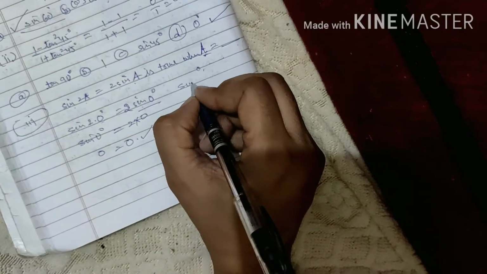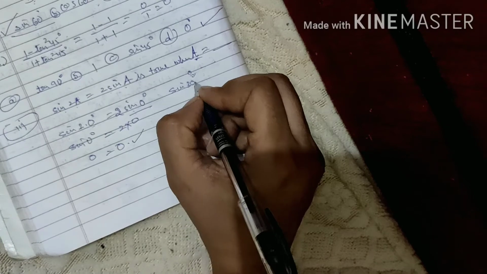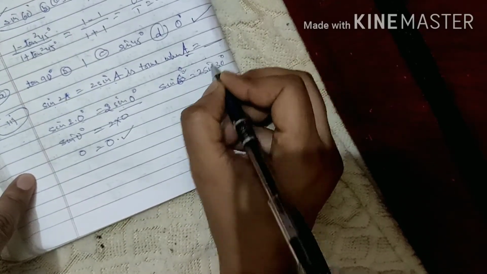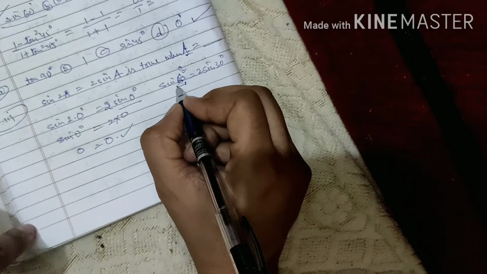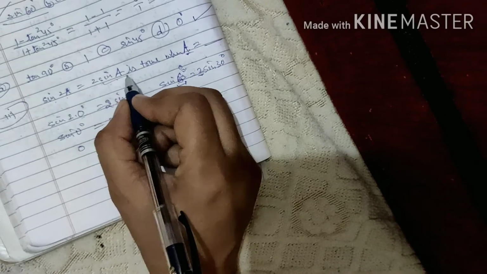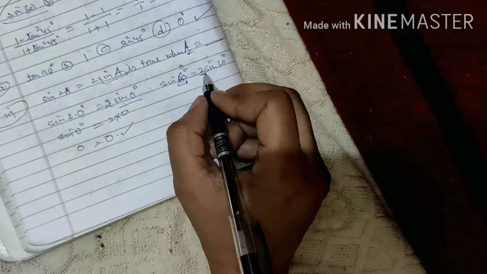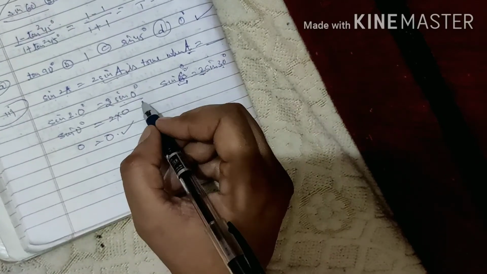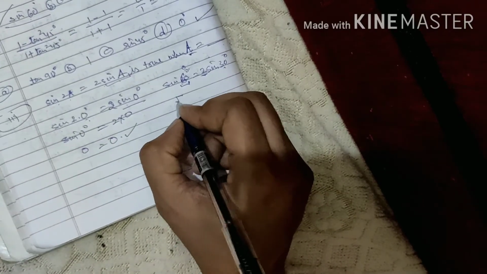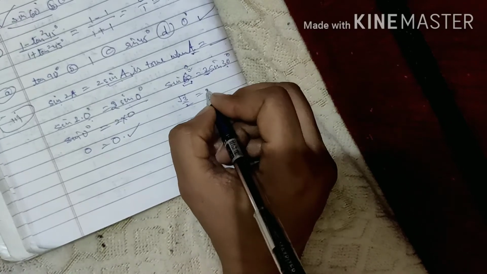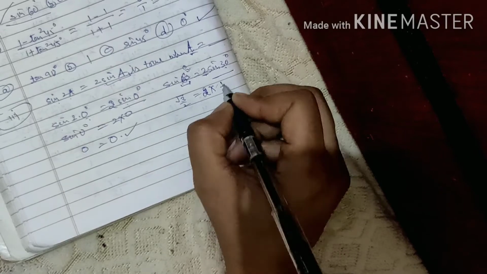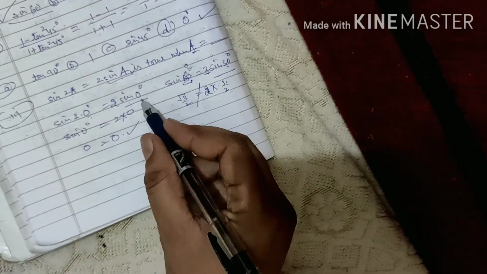Let us check 30 degree पे. 2 into 30 degree हो गया 60 degree is equal to 2 into sin 30 degree. Here 2 is multiplied to the angle and here 2 is multiplied to sine of angle. ठीक है ना? So these are different things. So it will hold only when the angle is 0. So sin 60 की वैल्यू तो under 3 by 2 होती है and 2 into sin 30 value is different, है ना? So this is 1. So this is not equal to this. So our answer is only 0 degree.